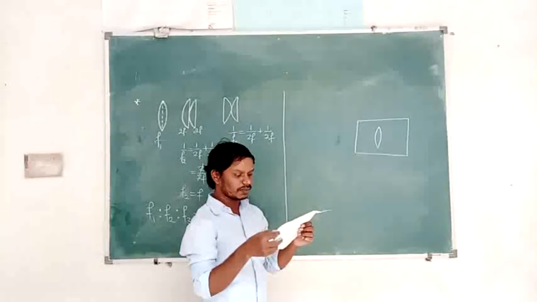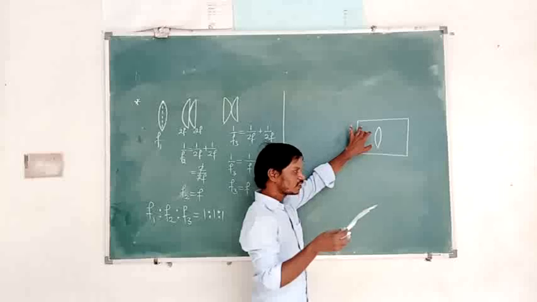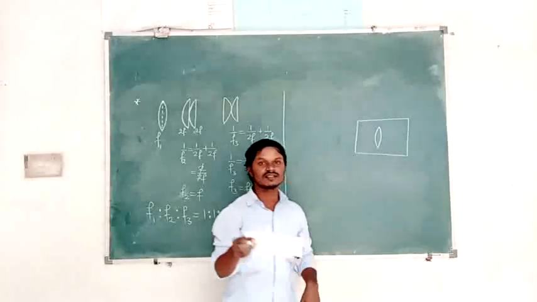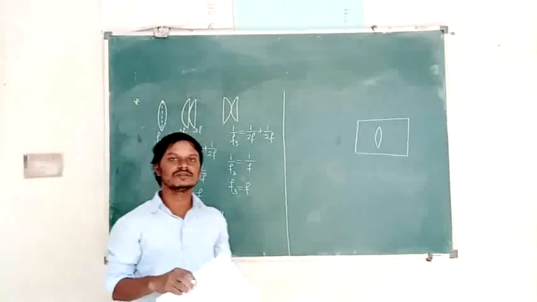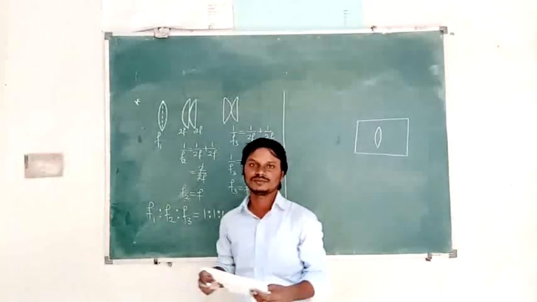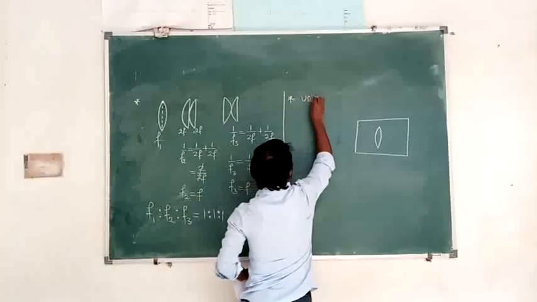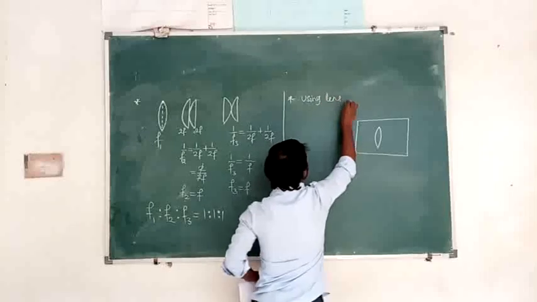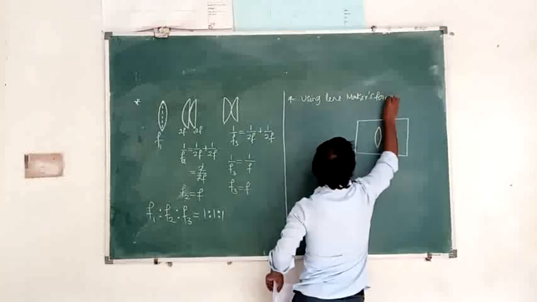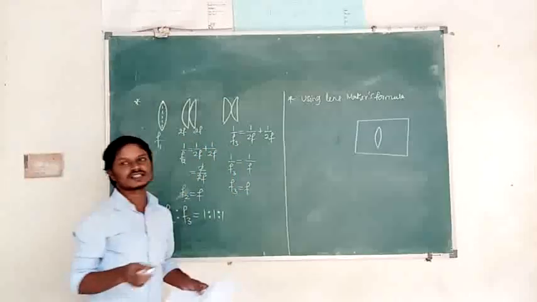Then cut in a cylinder of glass, mu is equal to 3 by 2. That is the refractive index of glass given here, 3 by 2. We have to find the focal length and nature of the lens. What is the focal length of this lens, and what is the nature of this lens, whether it is concave or convex? That we have to find. So how to find it? By using Lensmaker's formula.